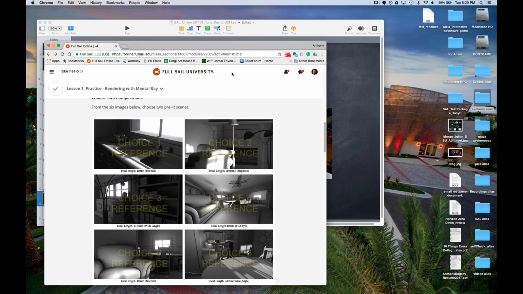And those render times were 2 weeks per frame. I'm exaggerating. I think it was actually 9 days. So when they first did it, the renders were 9 days per frame